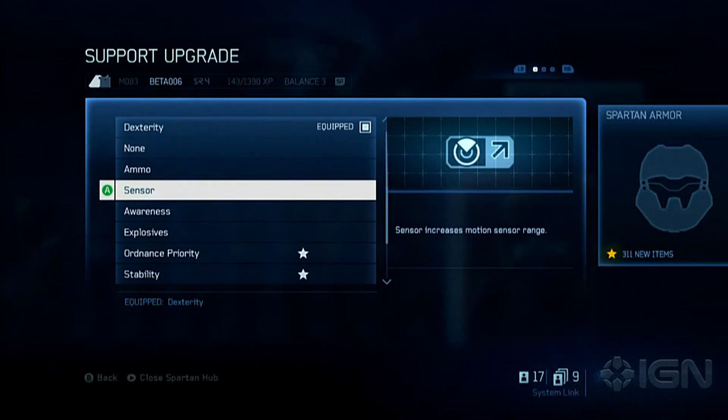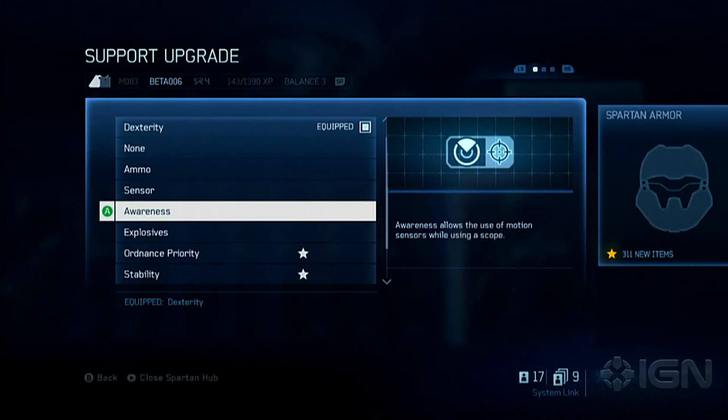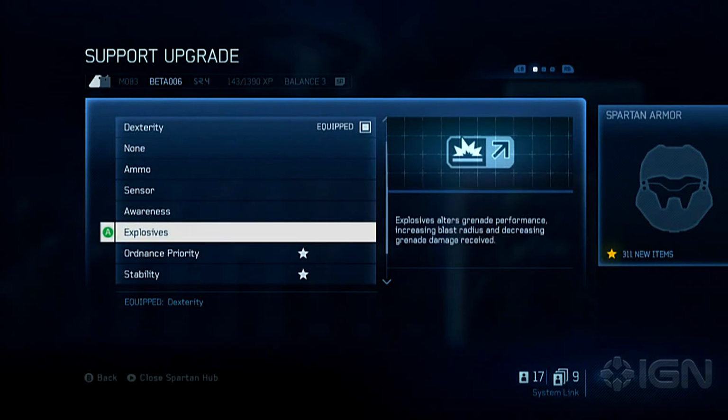Sensor, just not crazy, but just a little bit increases your motion tracker range around you, so you get better awareness of enemies. Awareness, this lets you use your motion sensors while you're using a scope, so if you're zoomed in and you still want to know who's sneaking up behind you to assassinate you, this will help you. Explosives. This makes your grenades have a little bit larger of a blast radius and helps you deal with enemy